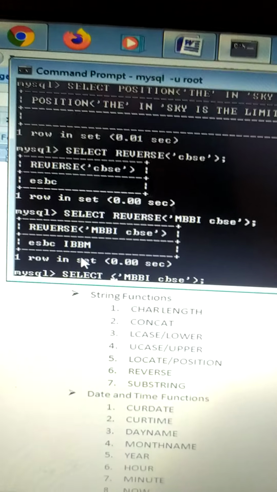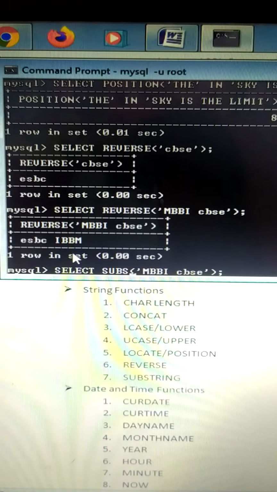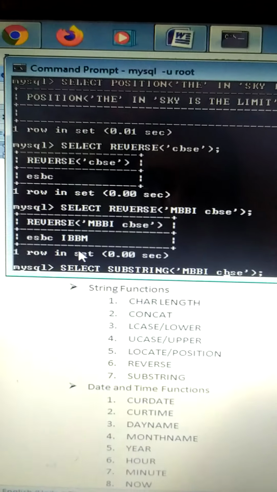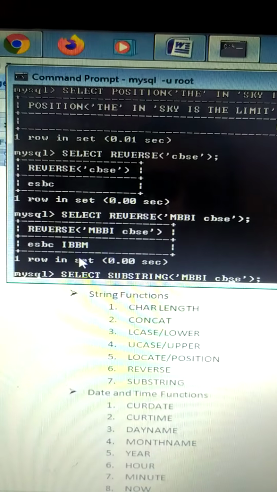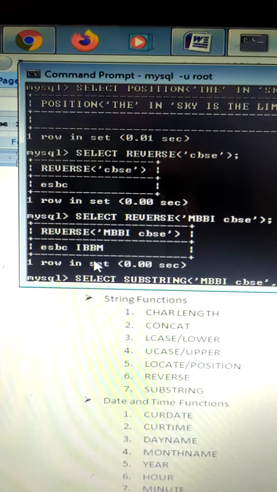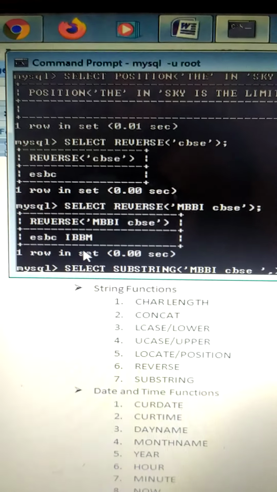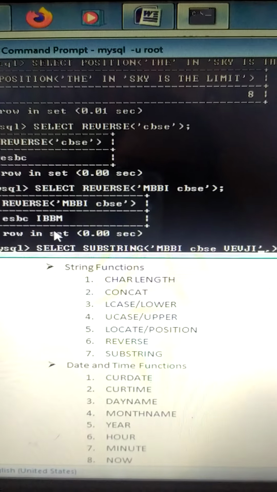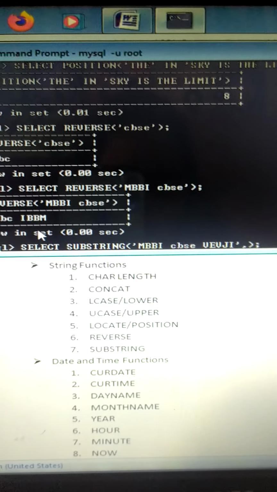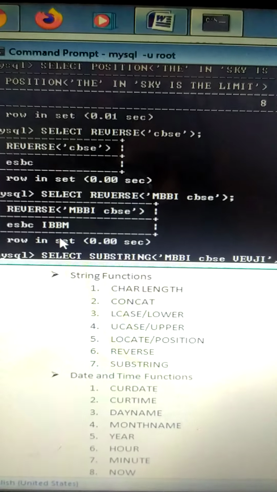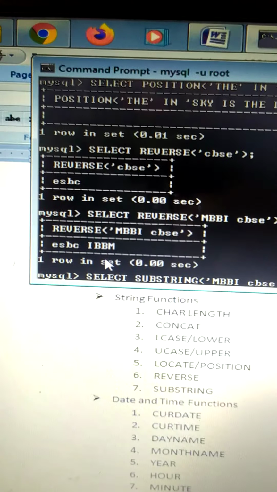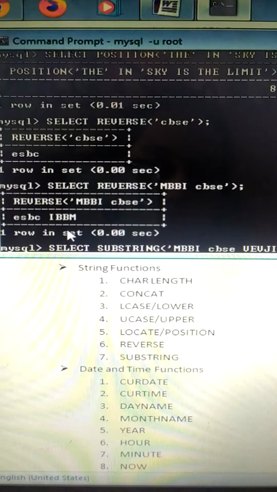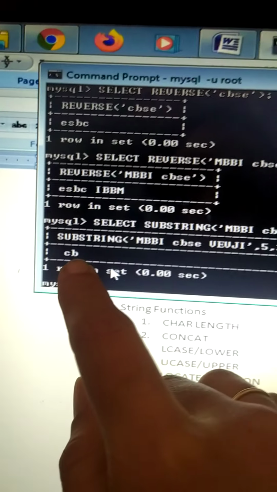Select substring, string, and suppose comma, I'll add the string MBBI CBSE WaveG, then I'll give 5 comma, suppose 3. B and C and B is written.